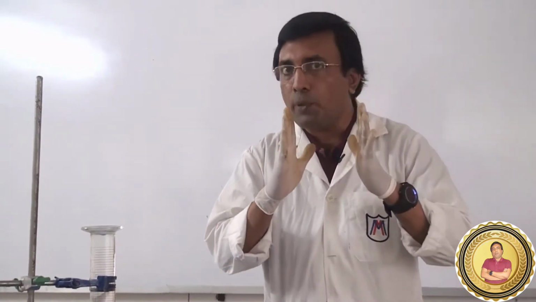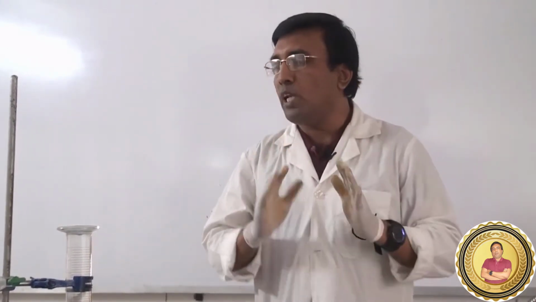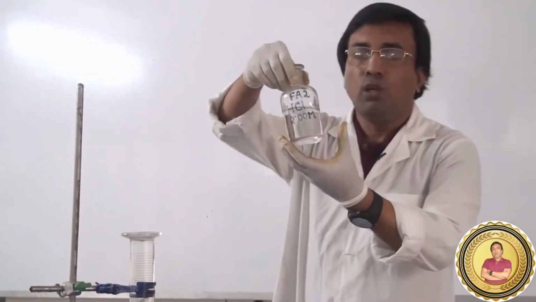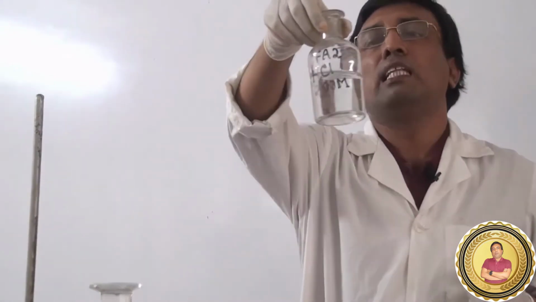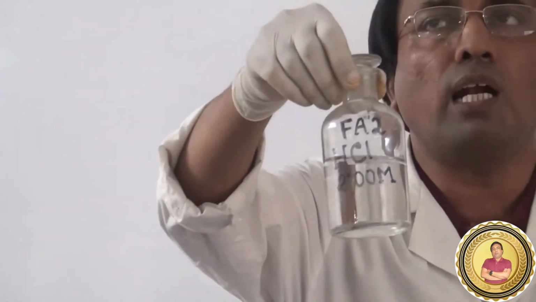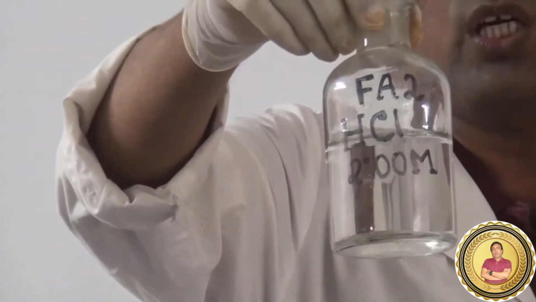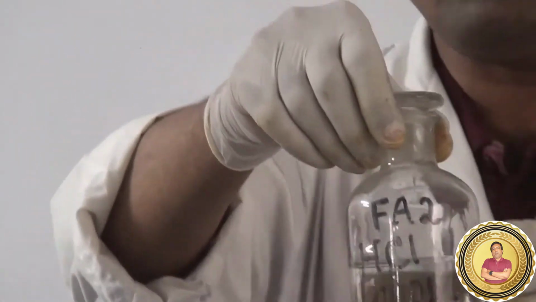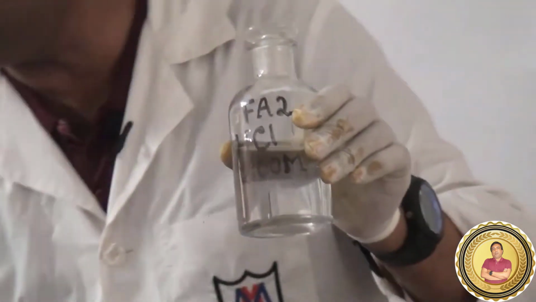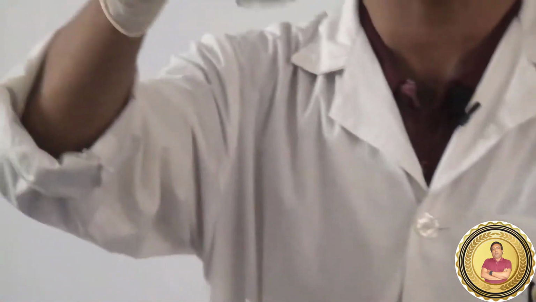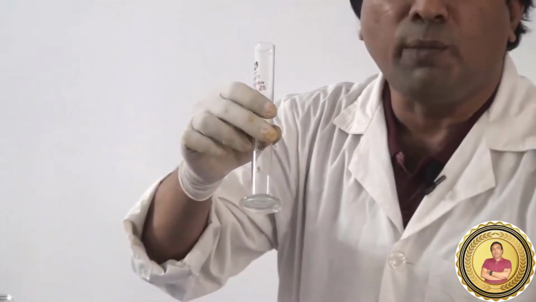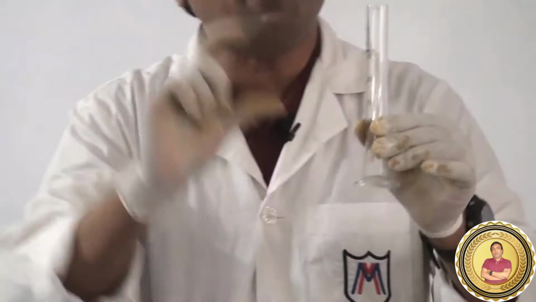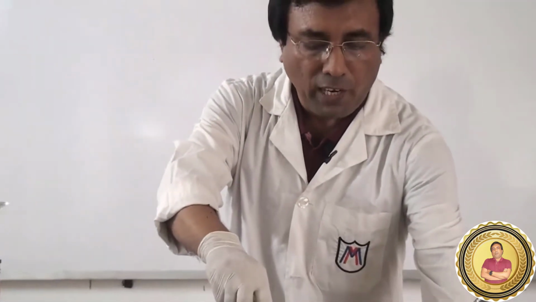We will have to add the sample Fa2. Fa2 sample will have to be added here. So what is Fa2? Look at your question paper, you will see this Fa2 is 2 molar hydrochloric acid. We have to transfer it by using a measuring cylinder, and the measuring cylinder is 25 cubic centimeter. We have to transfer by this 15 cubic centimeter around. It is not exact, but around 25 cubic centimeter.